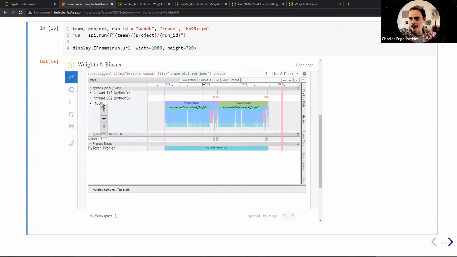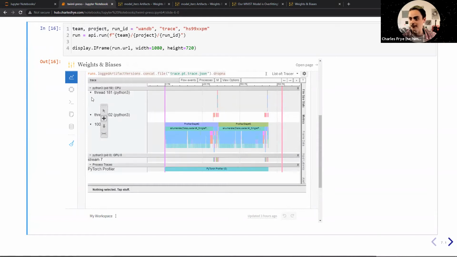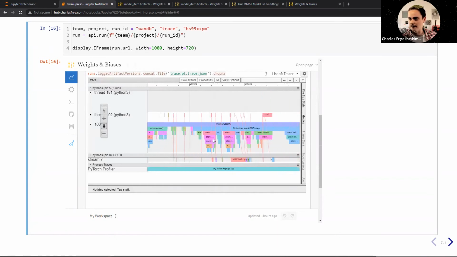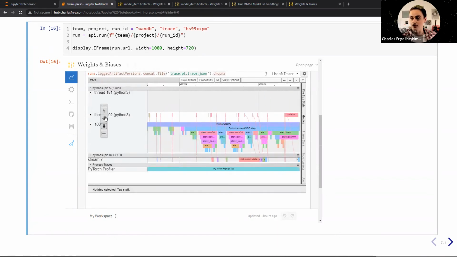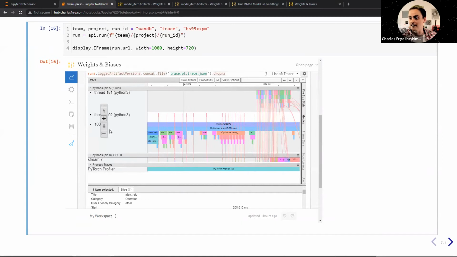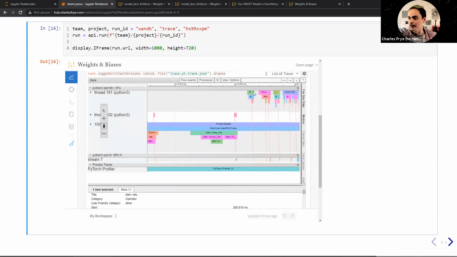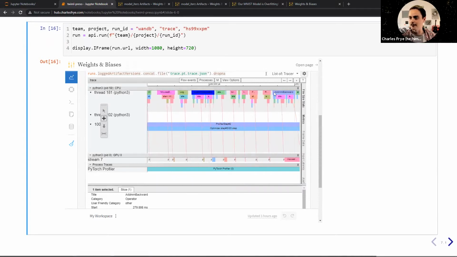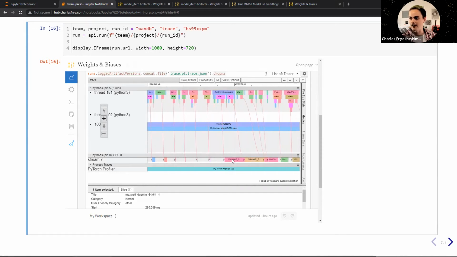This guy, it's a very rich interface here. There's a lot of information. It's kind of overwhelming at first sight. It gives you literally what was happening on the CPU and GPU while a training run was going. So here I can see how the CPU instructed the GPU to do stuff. I can see my forward pass here with my linear layers, my rectified linear layers. I can see the backwards pass, which literally runs backwards. We've got the loss shows up first, then things like the linear layers and back,